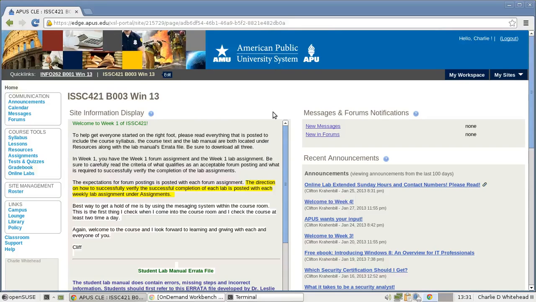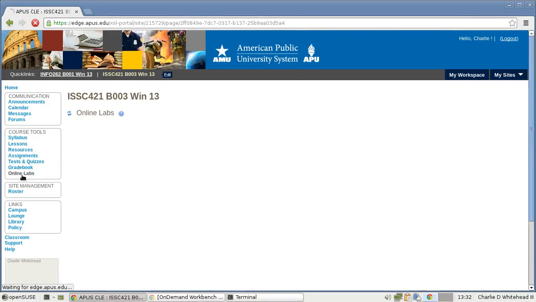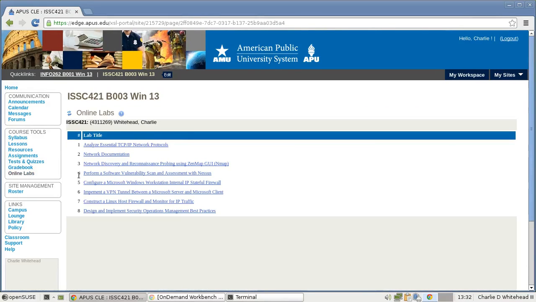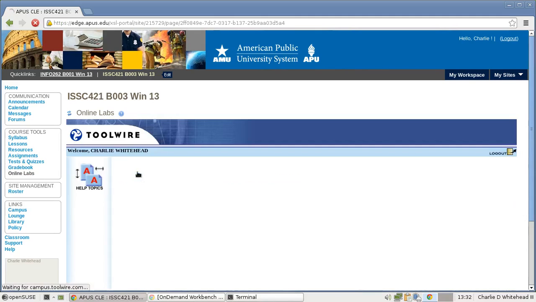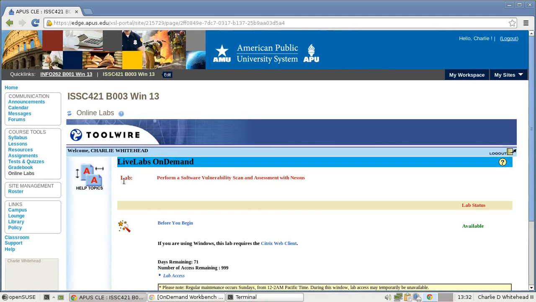Okay, I'm going to start here on the class webpage. Go over to course tools here on the left and down to online labs and click this link, and it will take us to the lab section. So we're going to click Lab 4, which is perform a software vulnerability scan and assessment with Nessus. So let's click this one, and that will take us to the Toolwire Live Labs. We'll go down here to the lab access link, and when we click on this link it will take us